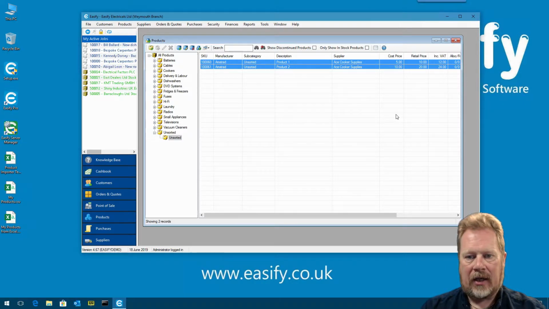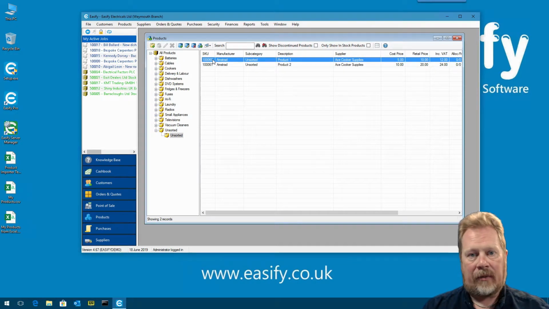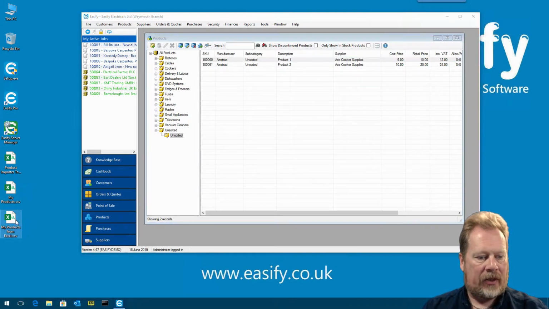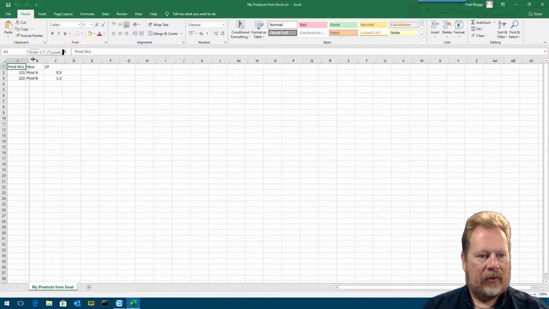Okay, so that's a way of bulk editing products that you've imported. Another way of manipulating data is you don't have to do it all in Easify. You can actually manipulate data in the CSV file before you import it. So for that, let's say we open up this spreadsheet in Excel, and we've got a very simple CSV file